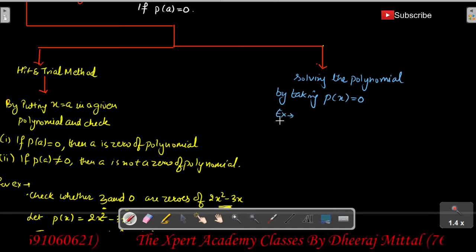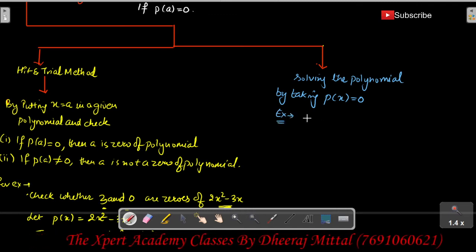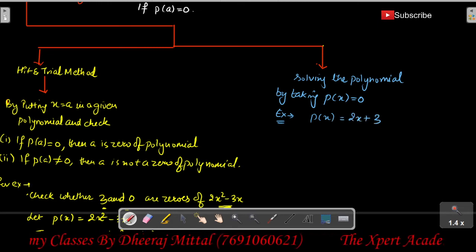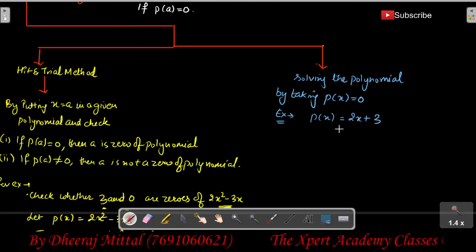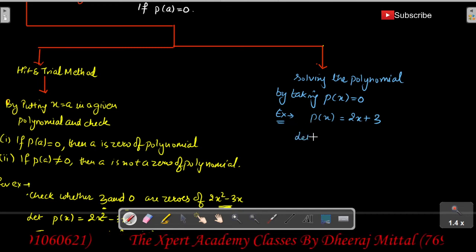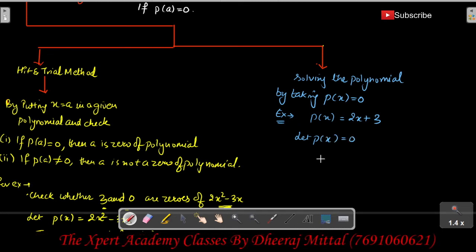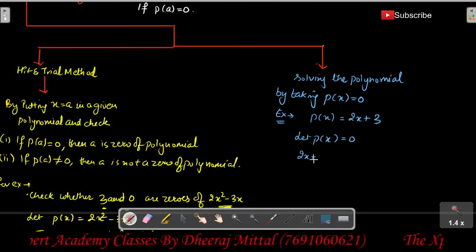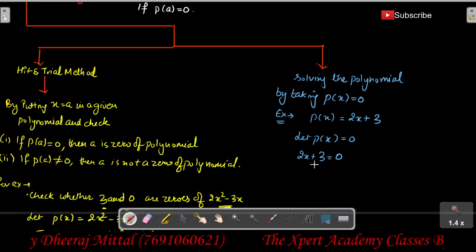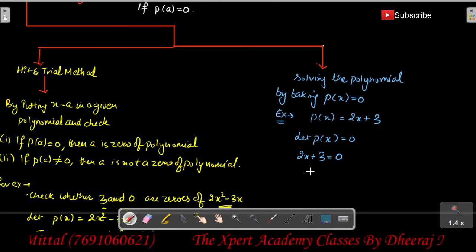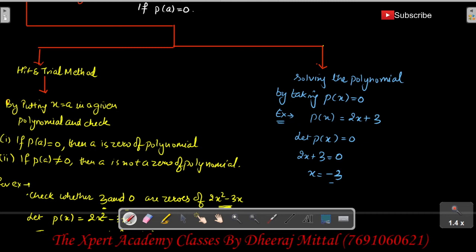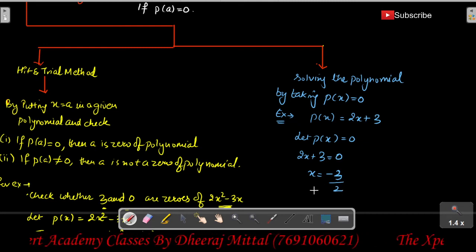एग्जाम्पल, let's take an example. We have a polynomial p(x) that is equal to 2x plus 3. तो हम इसमें क्या करेंगे, इस मेथड में हम इस पॉलिनोमियल को क्या ले लेंगे, 0. Let p(x) be equal to 0. So on putting 0, we will get 2x plus 3 is equal to 0. So 2x is equal to minus 3, उधर जाके minus 3 हो जाएगा, और 2 मल्टीप्लाई में तो क्या आ जाएगा, डिवाइड. So it will be equal to minus 3 divided by 2.